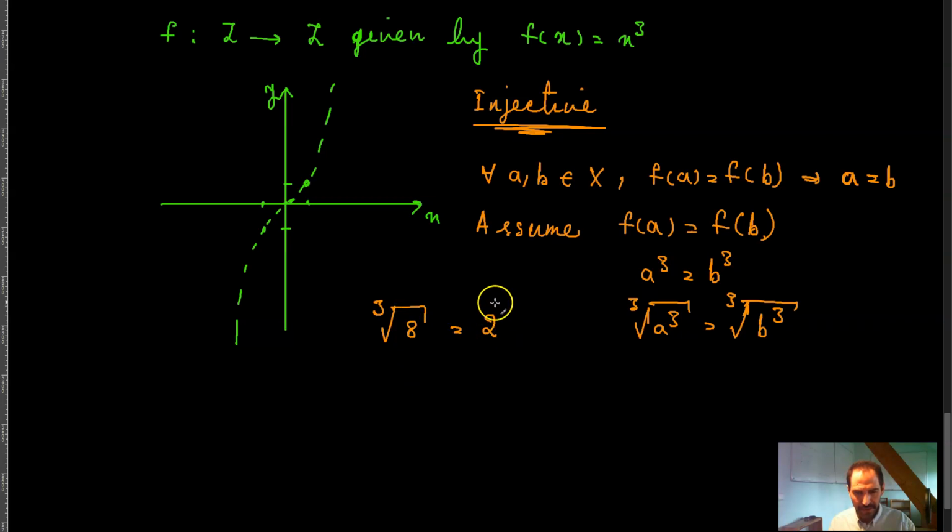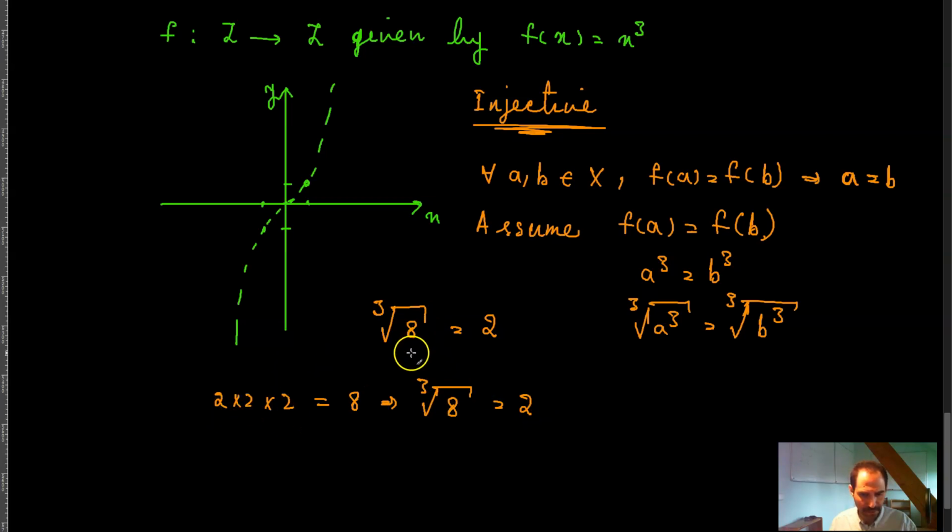Or better to say, if you have 2 times 2 times 2, meaning that if the number you start with is a positive number, then positive times positive times positive gives you positive 8. And so the cube root of 8 is going to give you a 2,